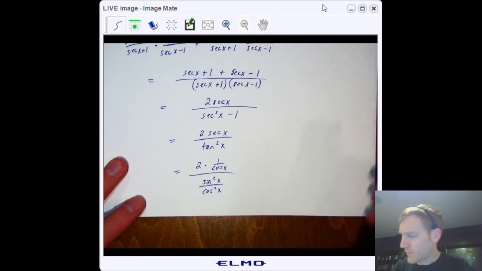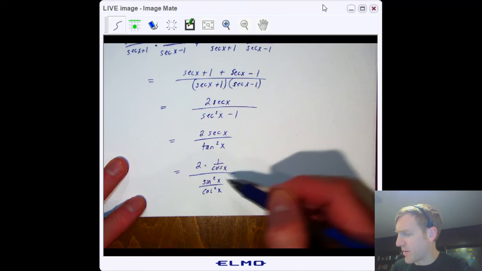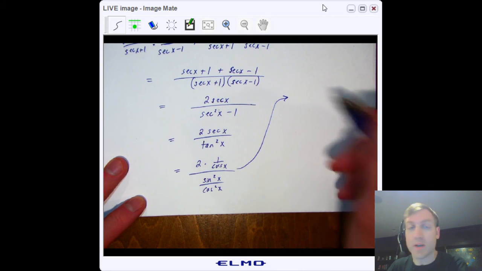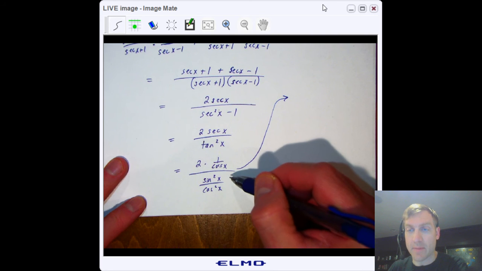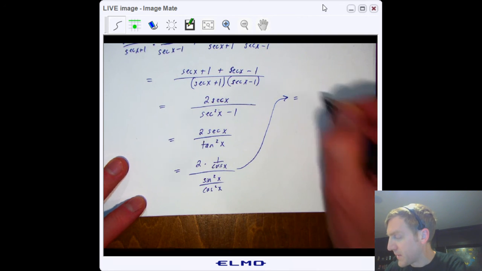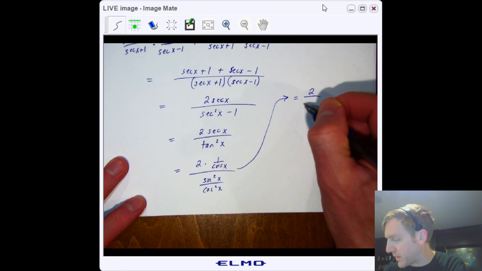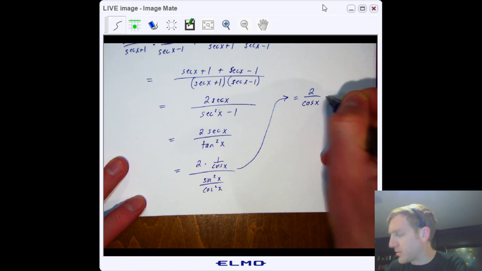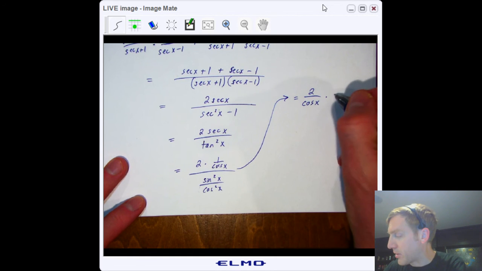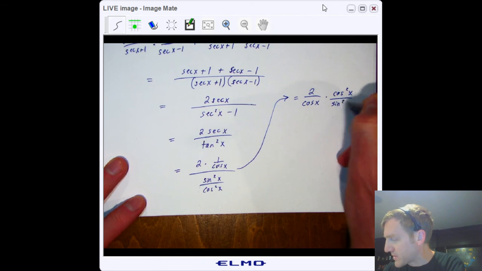All right. Well, that looks kind of nasty there. I've got a fraction over a fraction. Well, we know what to do there. We can rewrite dividing by a fraction as multiplying by its reciprocal, right? We do that lots of times. And I'm running out of room, so let me go over here. 2 times 1 over cosine x is just 2 over cosine x. Instead of dividing by the denominator, let me multiply by the reciprocal, times cosine squared x over sine squared x,